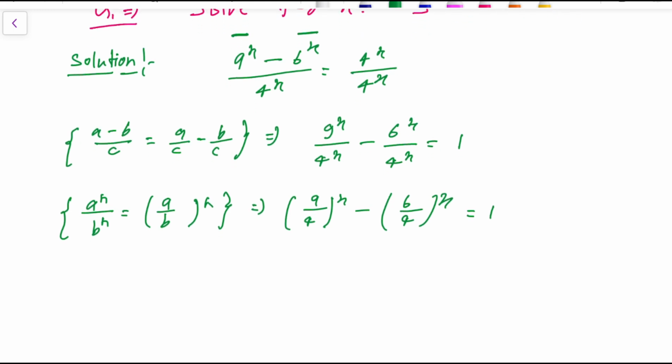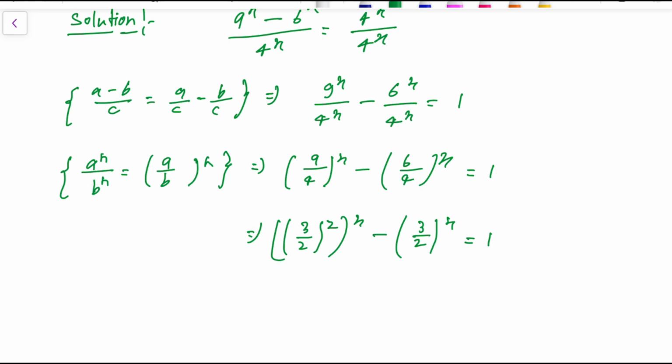So here we can write 9 by 4 as (3 by 2)^2, whole to the power x, minus, and 6 by 4 can be written as (3 by 2)^x, equal